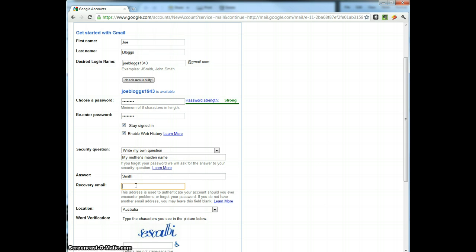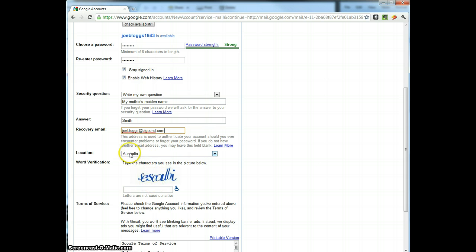Now, recovery email address would normally be, I'd put in the address that you get with your ISP. That's so whoever provides your internet service will normally give you an email address, and now I wouldn't use that email address. I'd be using this Gmail as my main email address. But here in the recovery email address, we could put in that address as the address they'll send something to if you can't read your Gmail. So let's put in joeblogs@bigpond.com. So that's my ISP's address. I'm in Australia,